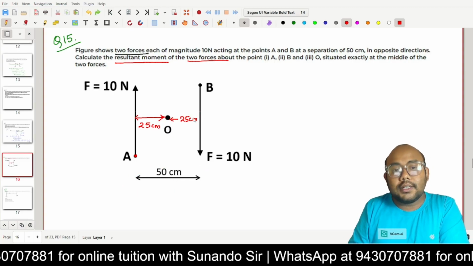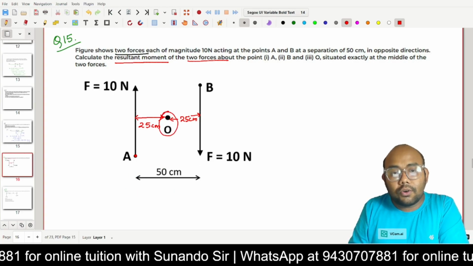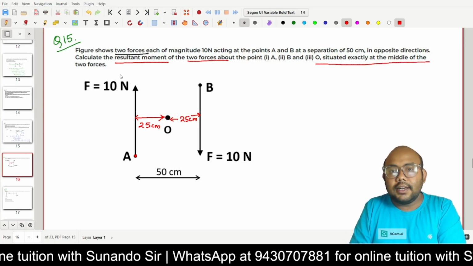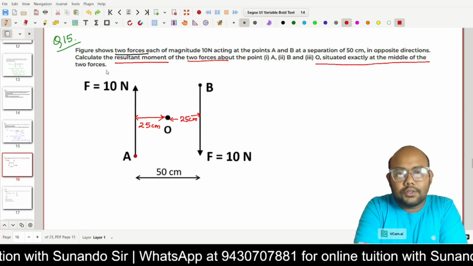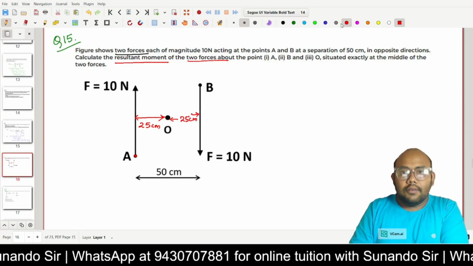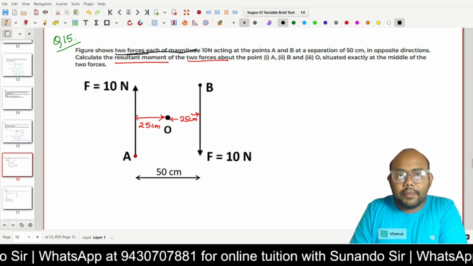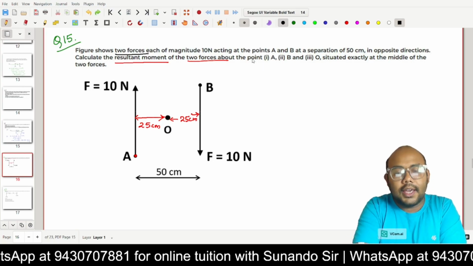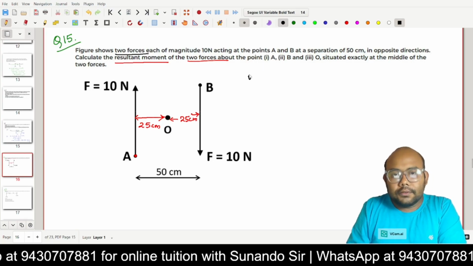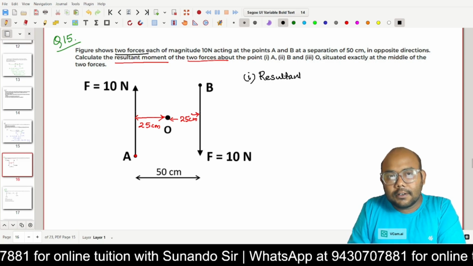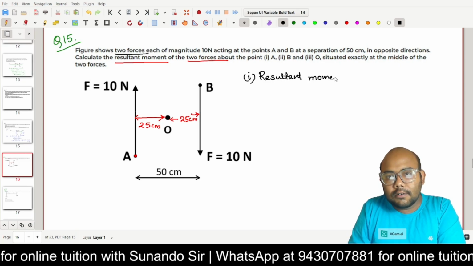How do we know that this is 25 and 25? Because this O lies exactly at the middle. It is written here: O exactly lies at the middle of the two forces. So it's very clear from the question. Now what do we do? We have to first find the total moment or the resultant moment of the two forces about point A. Now, let us write that statement. Resultant moment about